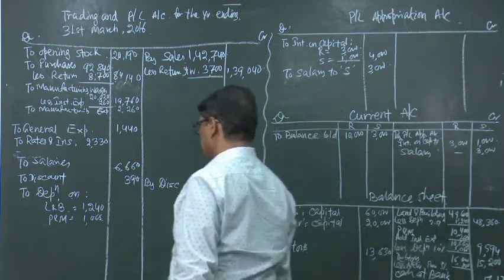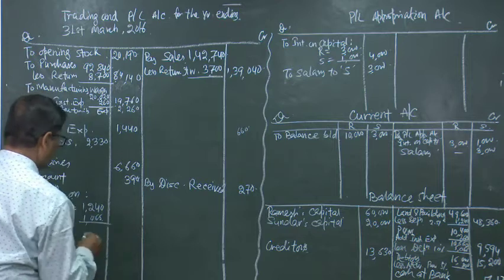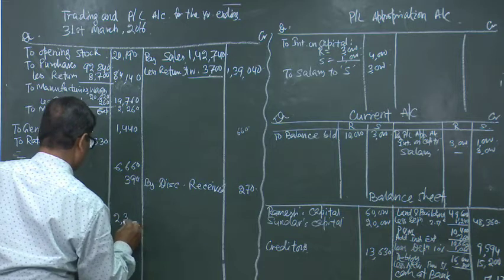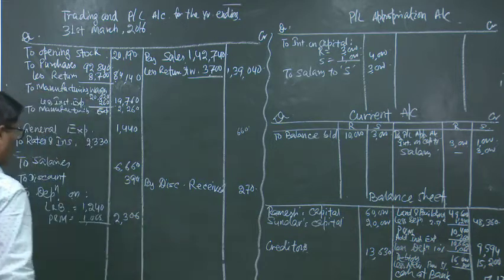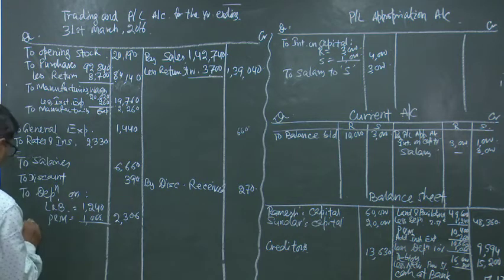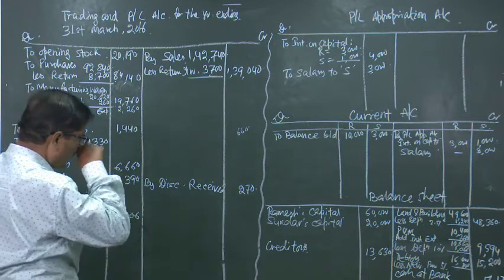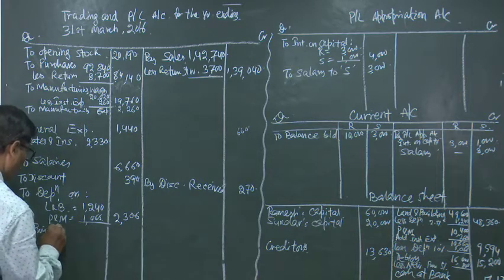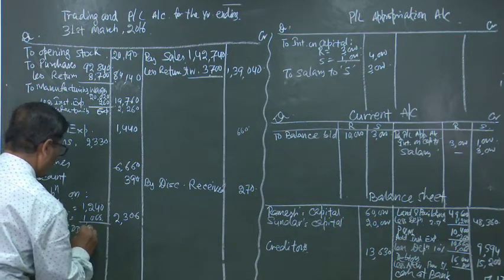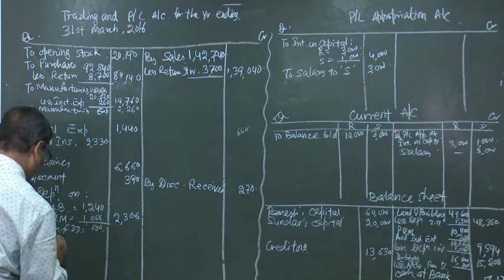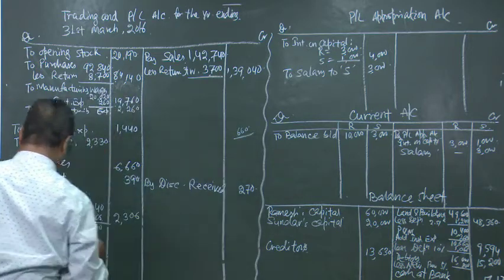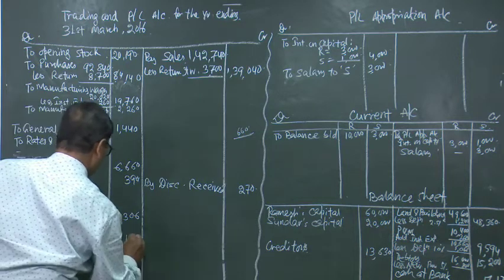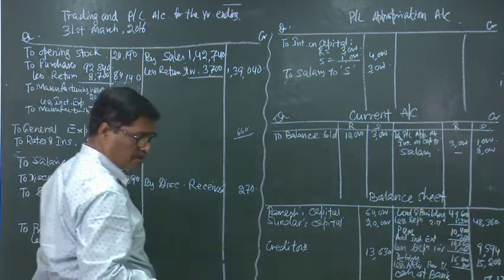Then this 800 will be here. We can total this one and carry it forward, that is 2,200, 300, 06. And here we can write provision for doubtful debts 800 less old provision 660 was there. So, in this way it will be only 140 chargeable to the profit and loss account.